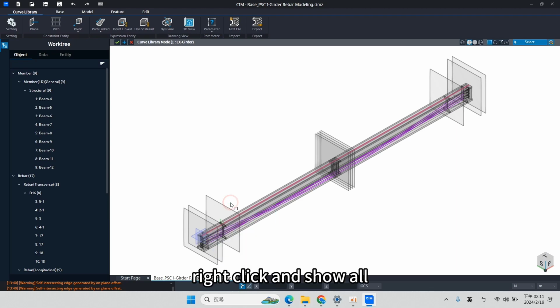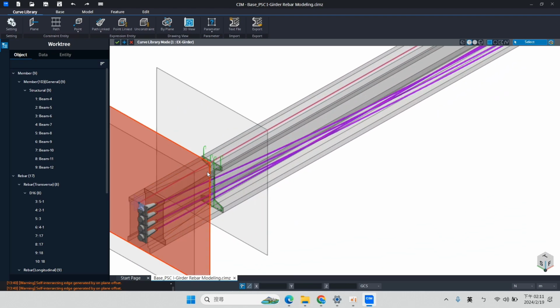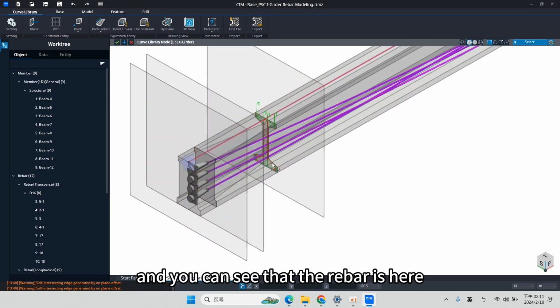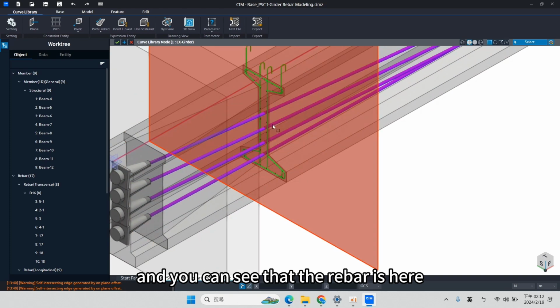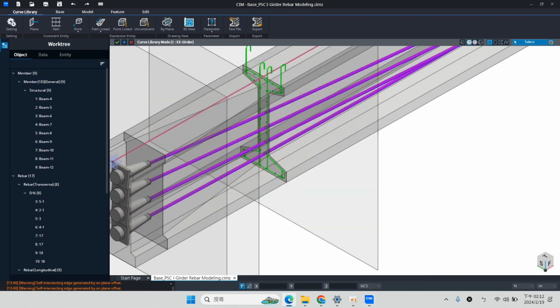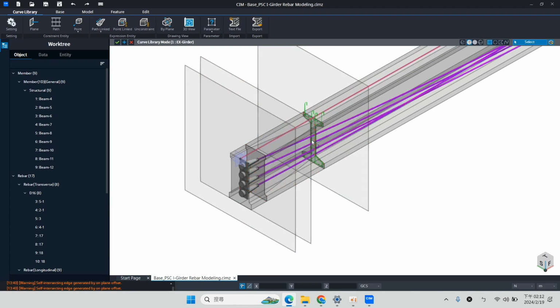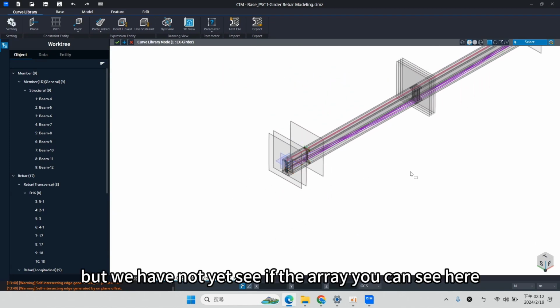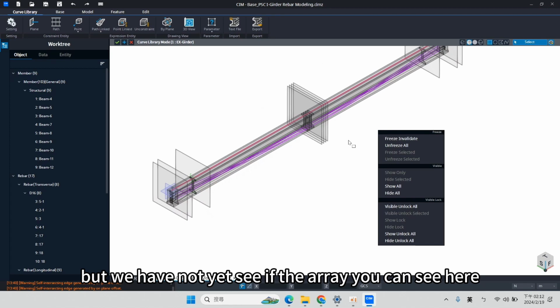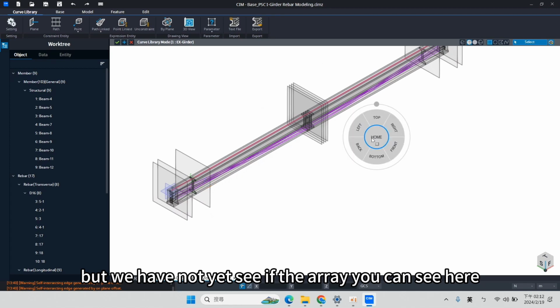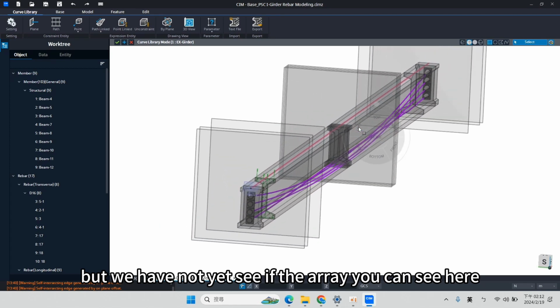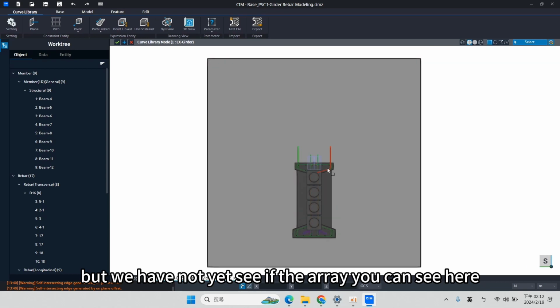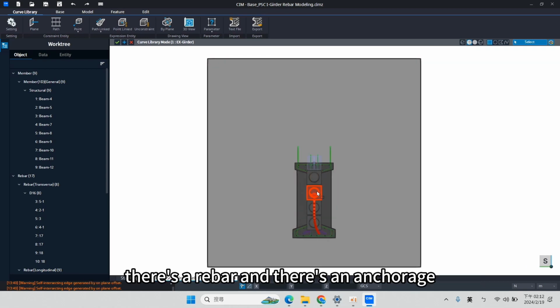You can see that the rebar here has the rebar, but we have not yet given the array. Okay, you can see here there's a rebar and there's an anchorage.